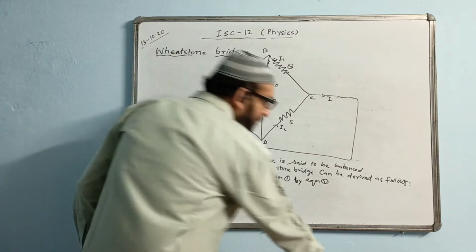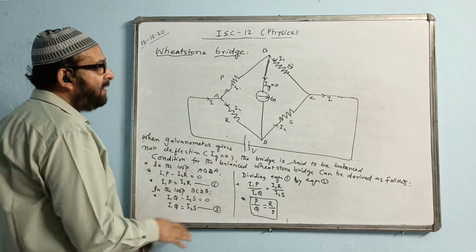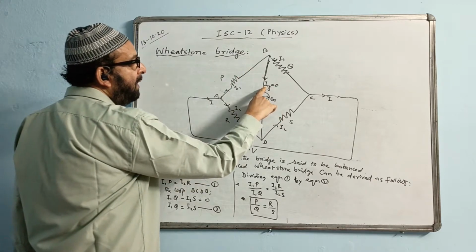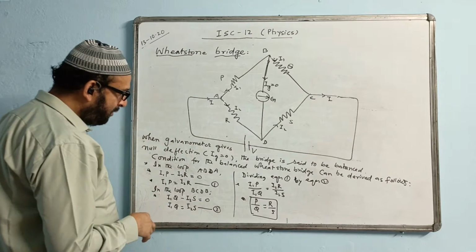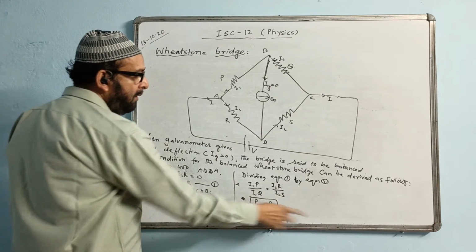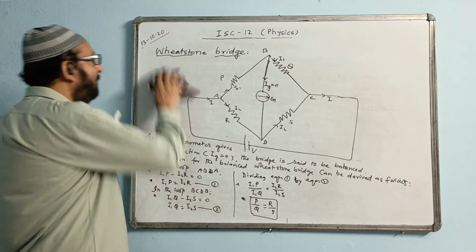So now, this is quite important. You have to write all these facts. The diagram will give you 1 mark, and there you must have Ig value 0. This is an important point. Second mark, this is a 3 marks question. The second point will come on writing these two equations, giving the second mark, and the last one will give the third mark. This is a 3 marks question.